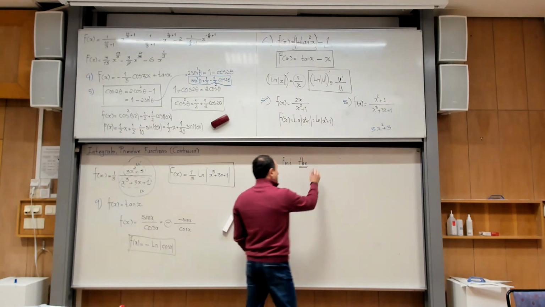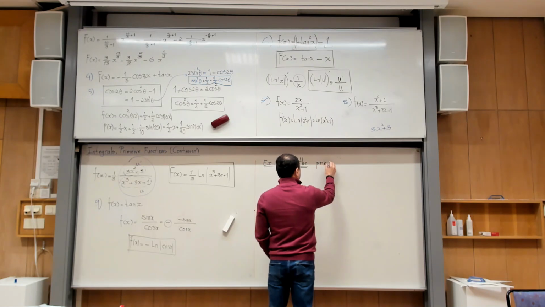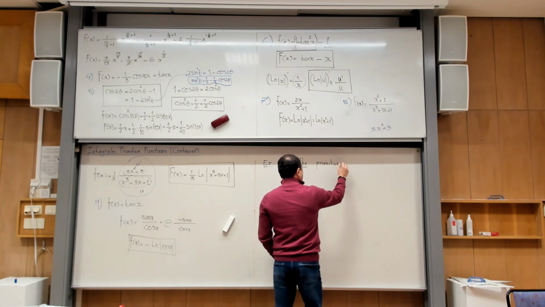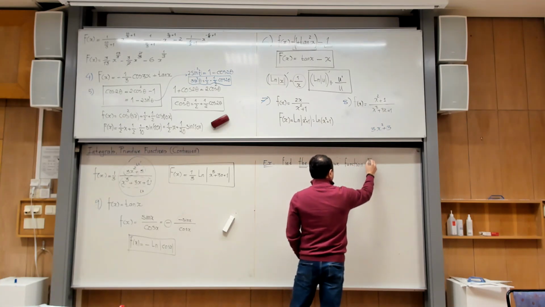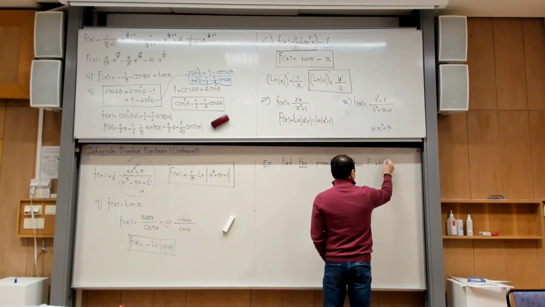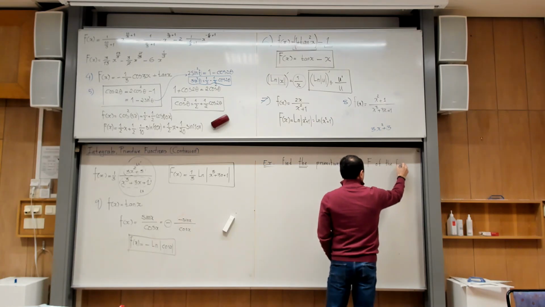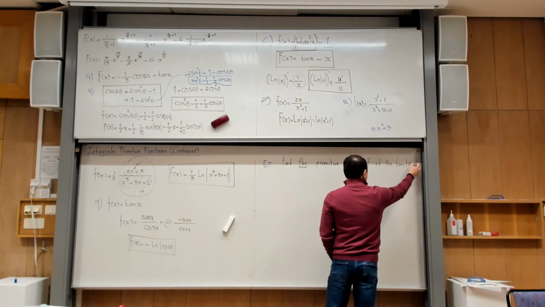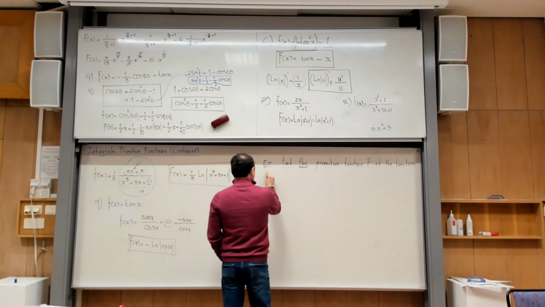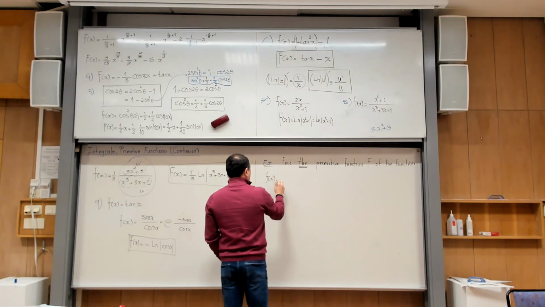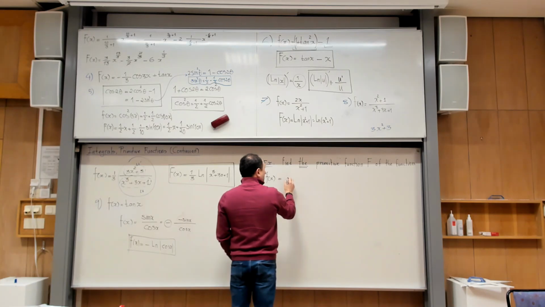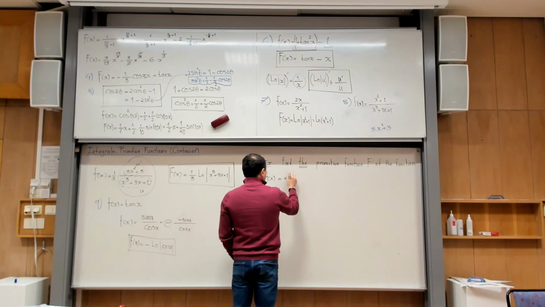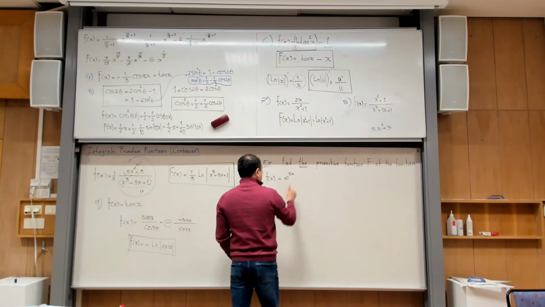Find the primitive function, capital F of the function, f of x equals e to the power of 5x plus 2,